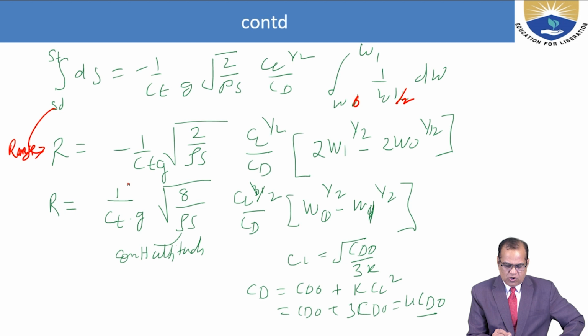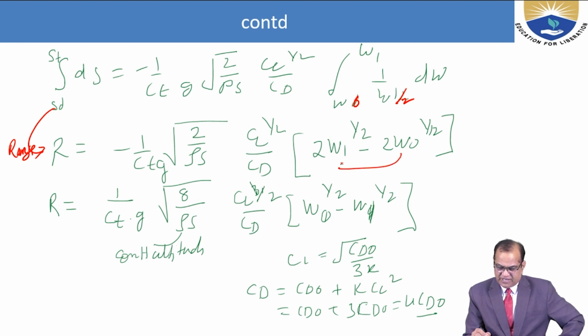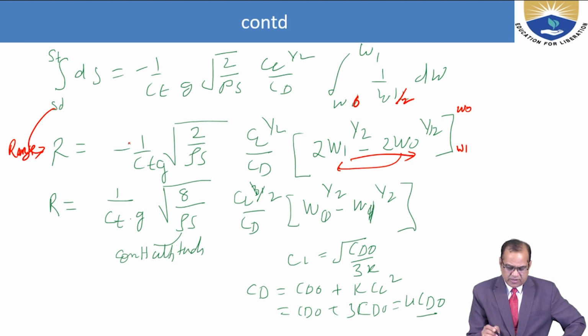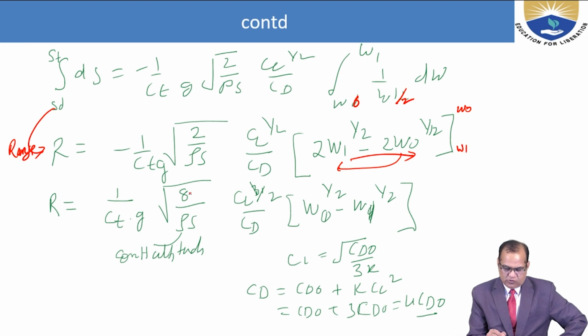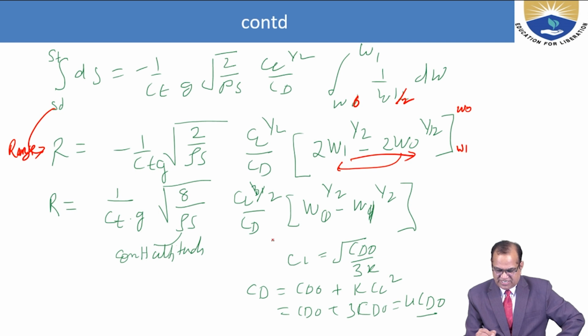So R is equal to 1 by CT into G, and here if you change from W0 to W1, this sign will be removed. So here we will get R is equal to 1 by CT into G under root 8 by rho s, W to the power 1 by 2 CD, W0 to the power 1 by 2 minus W1 to the power 1 by 2. So this is the range equation